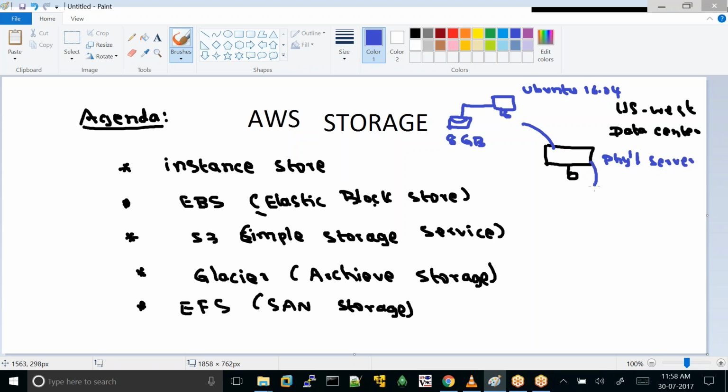So assume that your physical server has a hard disk of 10 terabytes. So here, the instance store instance, if the hard disk